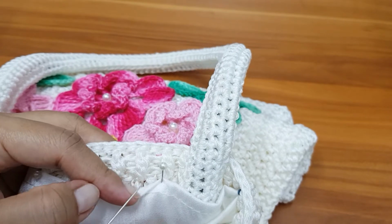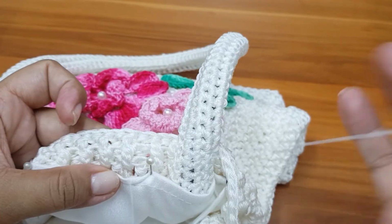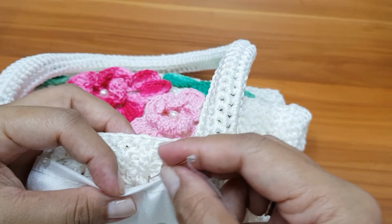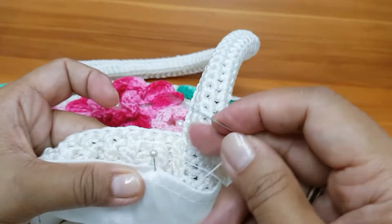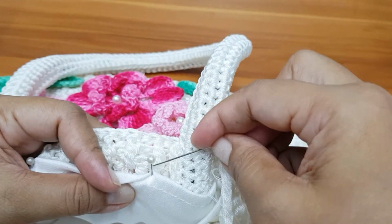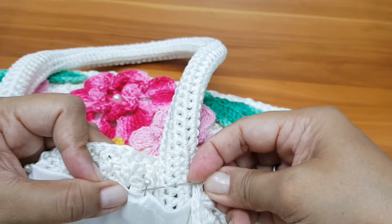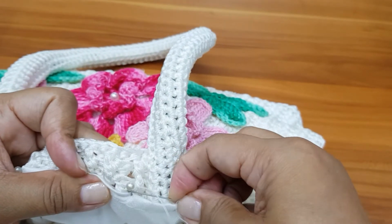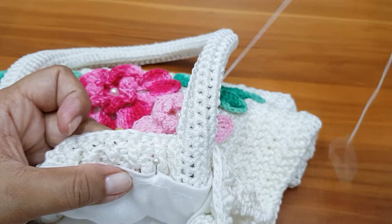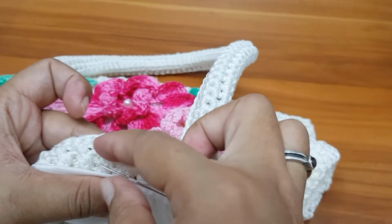So what I will do, I will just hide the first tail of this thread. Okay, like that. It will be inside of this one, and then I will start sewing it back. So grabbing from the crochet, the crochet back, and then coming out from the fabric slightly,